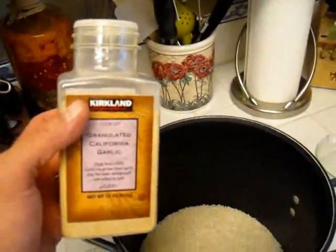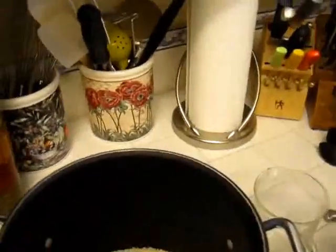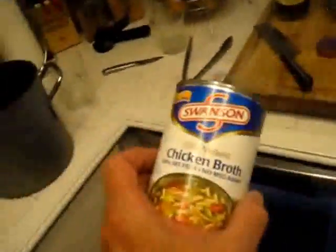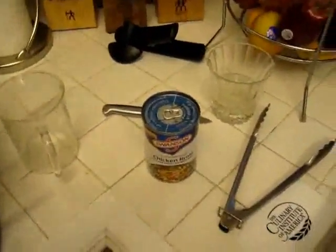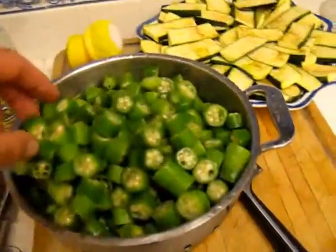It's pretty dull, but I'm going to throw in a little bit of granulated garlic powder. I'll give it a little zip. We don't want it to take away from the flavor of all the stuff that we're making in the pot, but to give it a little extra, a little Tony Chachere's in there. And then we're going to use partial chicken stock, partial water for the liquid. So, you know, 5 cups of rice is 10 cups of water or broth. Combine them up. Let it simmer for 15 minutes with the cover on, and then let it sit another